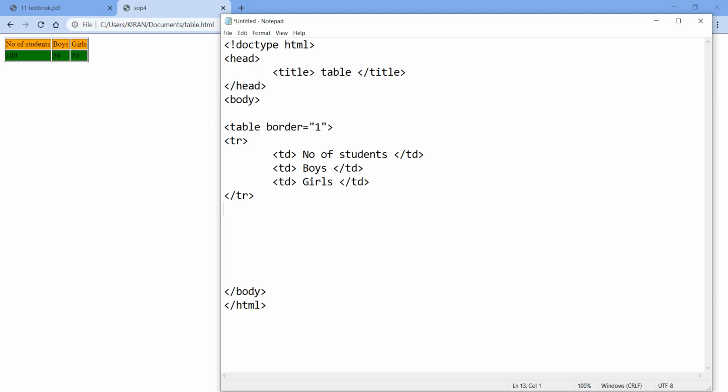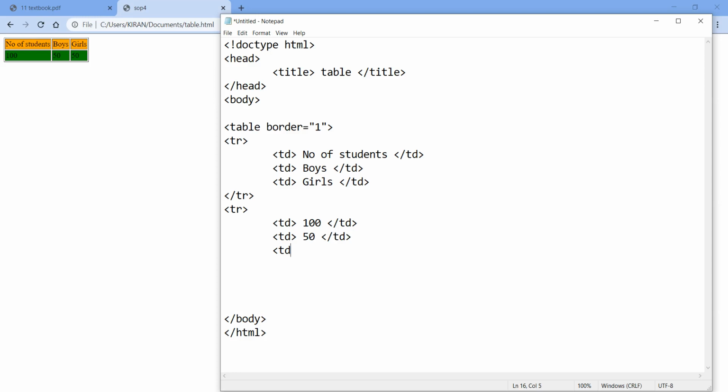Now in the same way we have to create a second row. In the second row also there are three columns. So we will first open the second row, that is TR, then the first column in the second row, that is 100. So 100, then TD close. After that the next column is 50 and the third column is 50, then TD close.